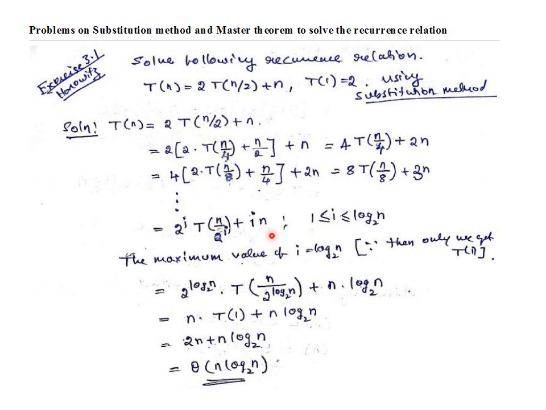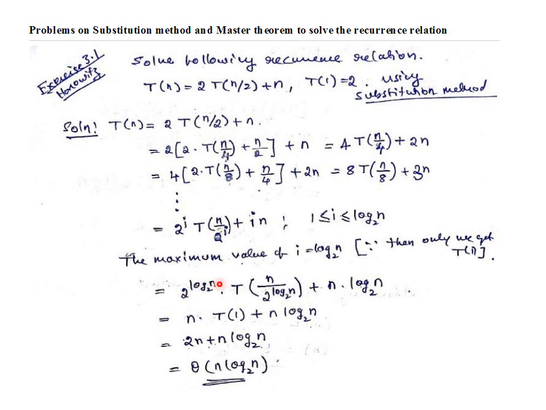So now replace the value of i. If n is equal to 2 to the power i, then i is equal to log n base 2, right? So i is replaced by log n base 2. So we get 2 to the power log n base 2 into T of n divided by 2 to the power log n base 2, plus, with i replaced by log n base 2, log n base 2 into n. This n is the n from our previous recurrence relation. Okay, now n into log n base 2 plus 2 to the power log n base 2 into T of n divided by 2 to the power log n base 2.